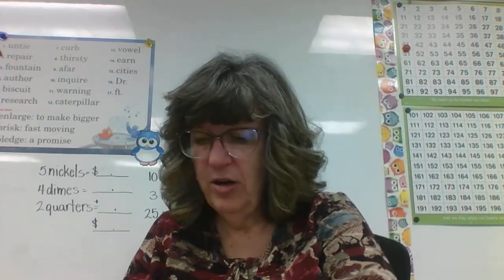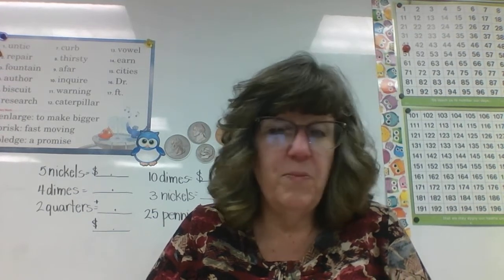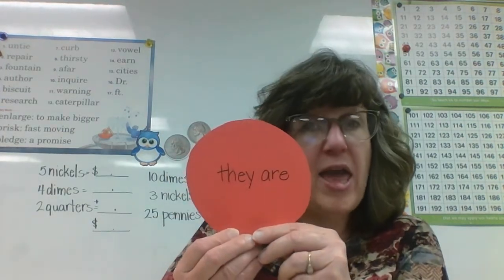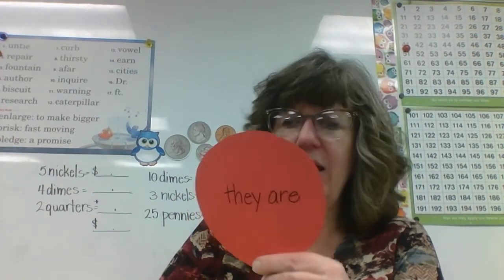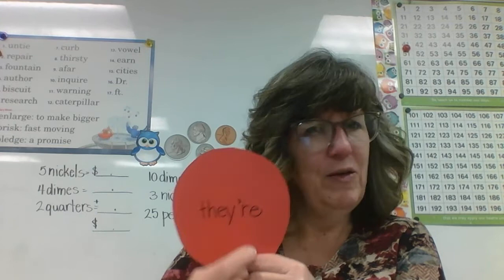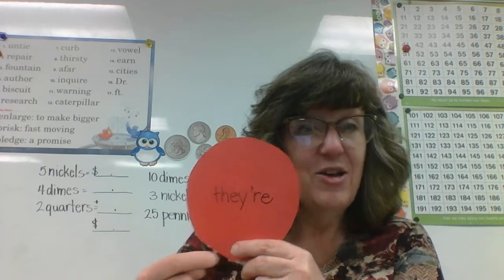Okay, Hunter, next one is yours on the next part. It says, number 2, the Victoria crowned pigeon lives in New Guinea and eats fruit that has fallen from trees. Write the words for each contraction. Now, I hope that you have time today that you can look up what the New Guinea crowned pigeon looks like. Okay, the Victoria one. I think they're awesome. They're beautiful. If we were in the room, we would look them up. Here we go. Hunter, your words are they are. They are turns into they're. T-H-E-Y apostrophe R-E. Great job.